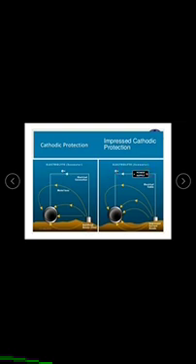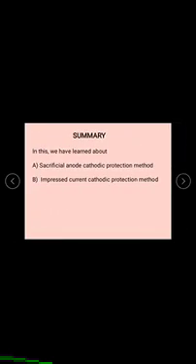In the case of impressed cathodic protection, when we take the buried iron pipeline and use graphite as a backfill, it acts as anode. When it is connected with the battery, it supplies the electric current and nullifies the corrosion current from the buried iron pipelines. Then it is protected from corrosion. In this we learned about the sacrificial anode cathodic protection method and also the impressed current cathodic protection method.